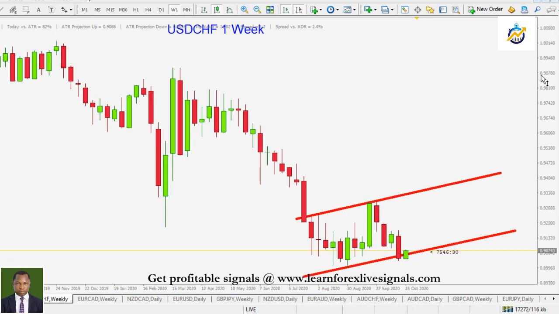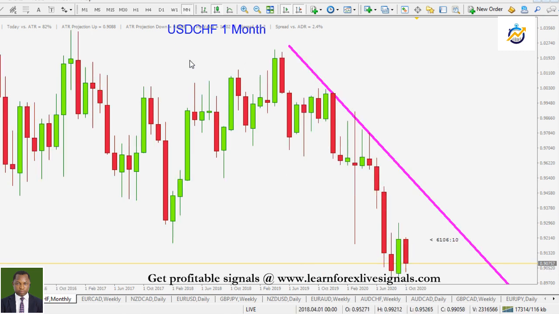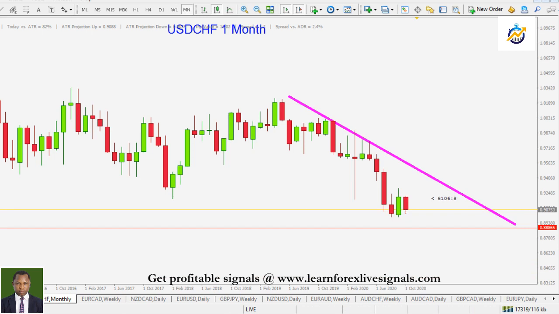Well, we have over-analyzed this pair already. Price is actually possibly forming a range. We're expecting to see some sort of a range here. It's hesitation. We expect the price will make a push to the upside. It would have been worse if you were looking for short opportunities here after this massive fall to the downside and then price makes a return to the upside. It will be extremely difficult to come back down.